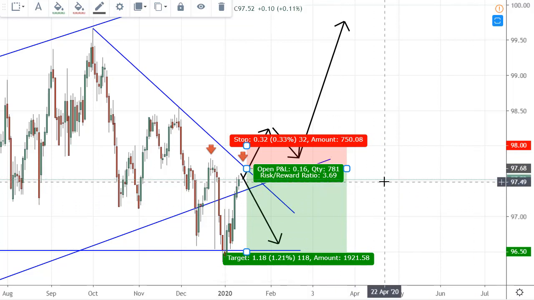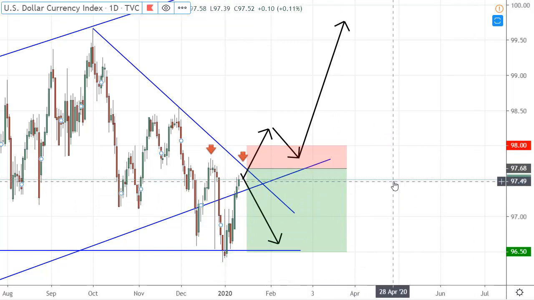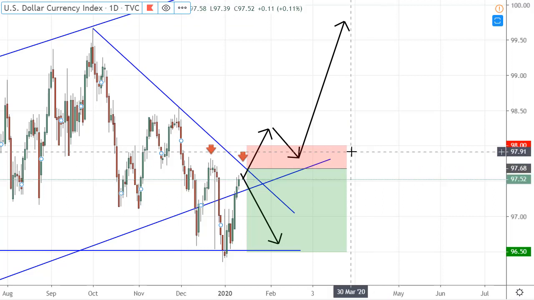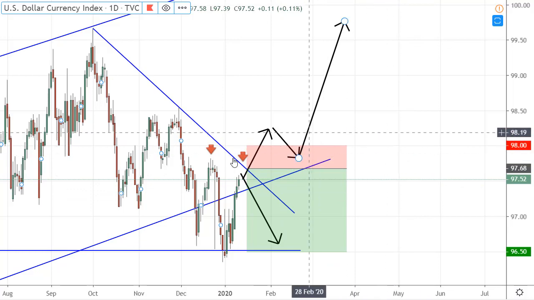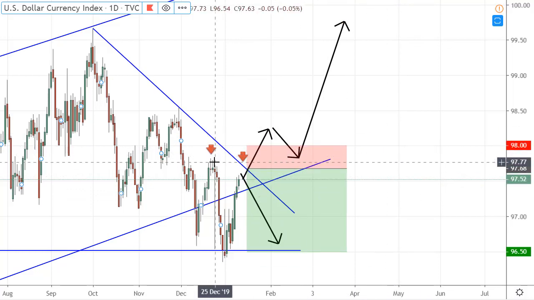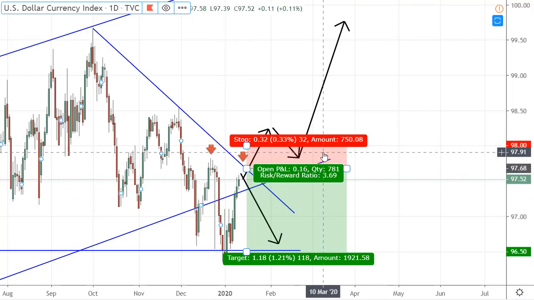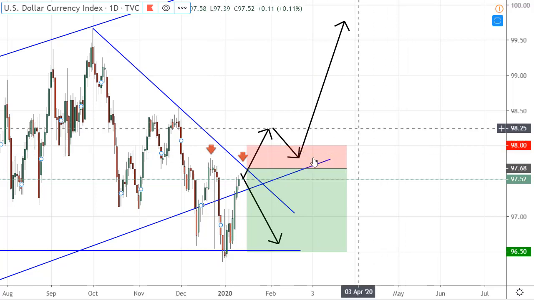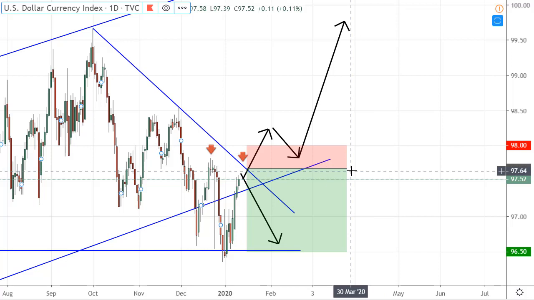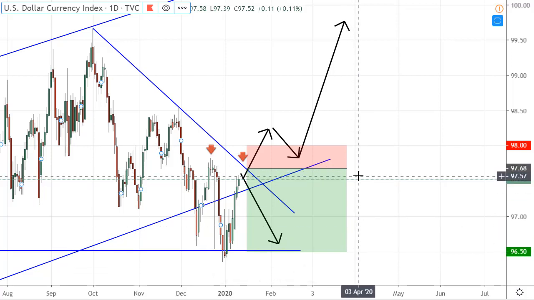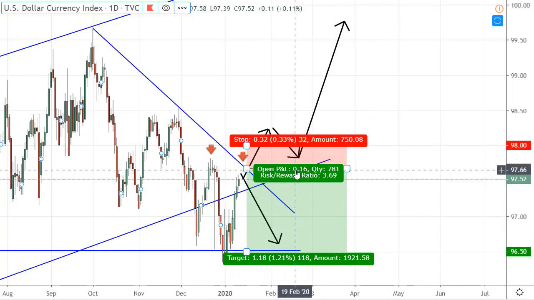It's a 3.69, 1 to 3.5 risk reward, so that's a good thing, meaning that if you're based on your risk management rules, you are willing to take this trade. But if we break this resistance and we break this trend line, you want to be out. Make sure you make, for example, a $100 loss. In this case, you would make 350 or 360 if this trade turns out the way you think it is.